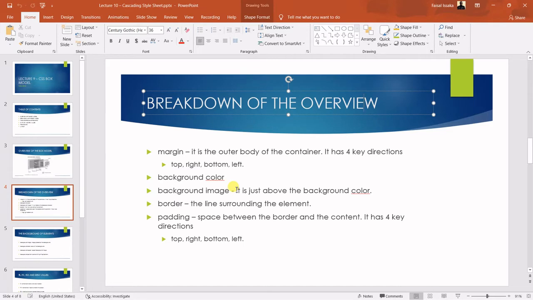Then the background color will be the color of the area covered by the element. So if this is my element, the area covered by the element, the color of this area is actually the background color. Then the background image is the image of the area which the element is covering. So it is just above the background color. When you set a background color as well as a background image, the background image will be on top